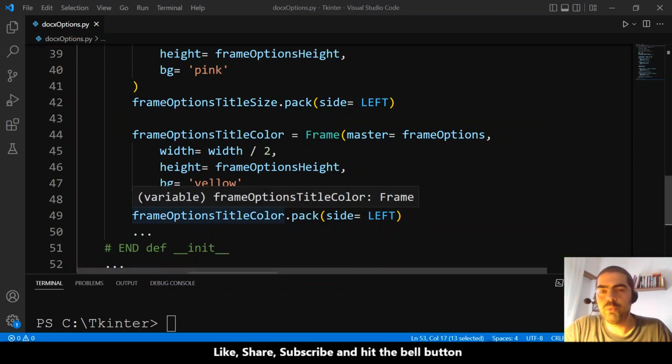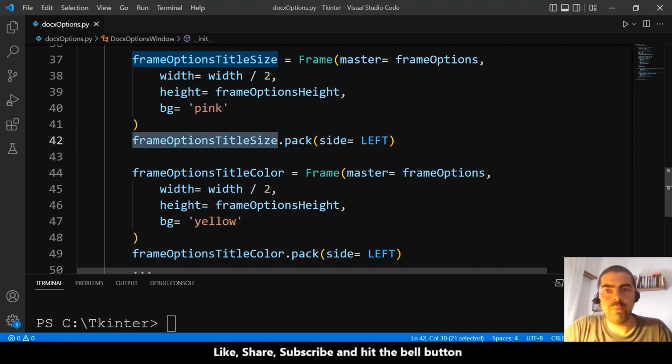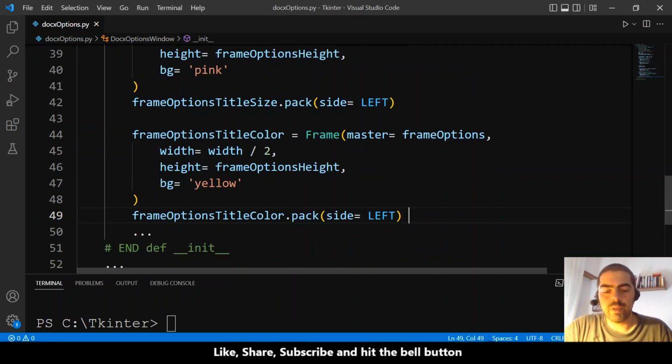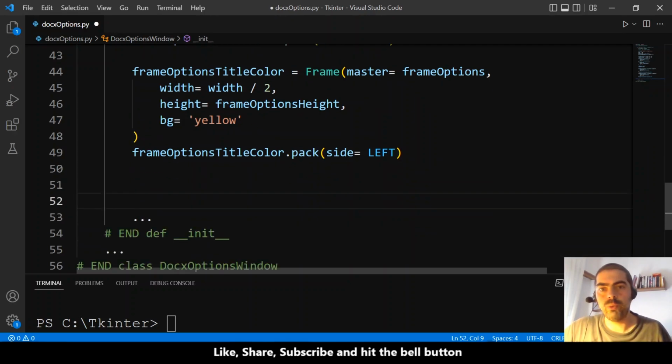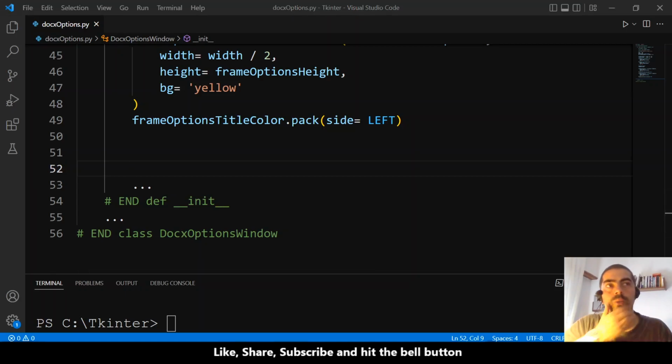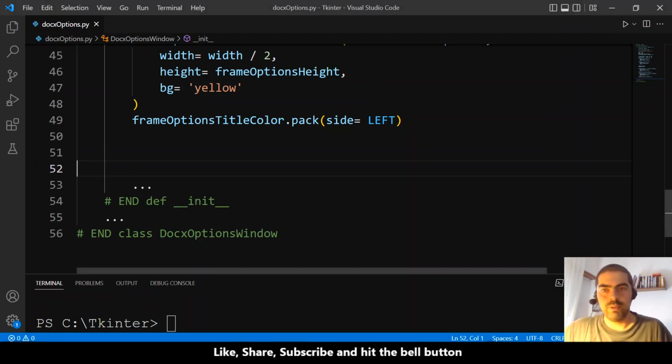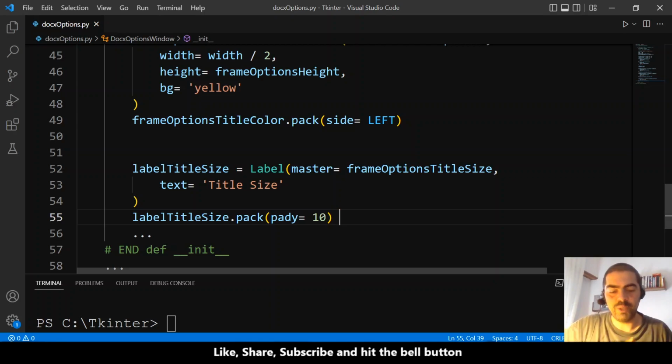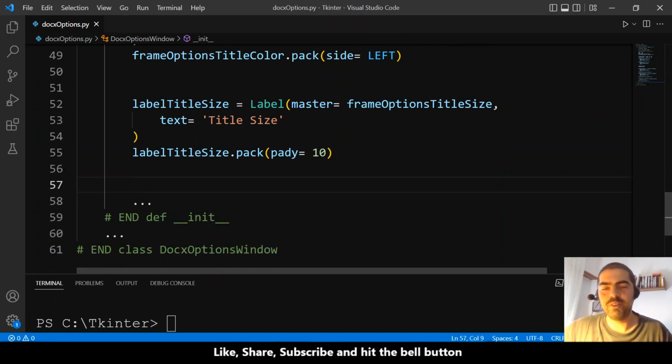In this part, we will place in the frame options title size, the left one, a label and the radio buttons. Okay, so let's do just that. And let me see my notes. I will copy the code for the label, because we already know how to do that. And the fun part, of course, is the radio buttons because we never did this before, at least for this